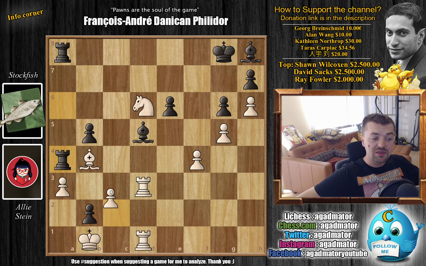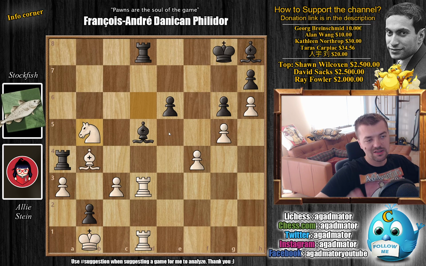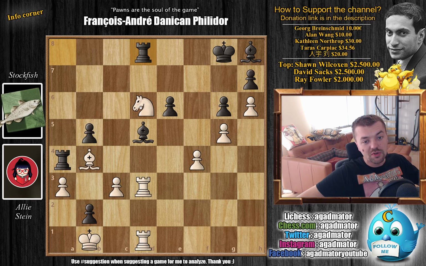So here we have c3, now making sure that if captures, then the c pawn can capture back, and now rook to d8 by Stockfish. So what do you play here? The problem with capturing on b5 is bishop c4. Not immediately, as now the rook is on d8, but in most of the lines you will not be able to capture it due to this bishop to